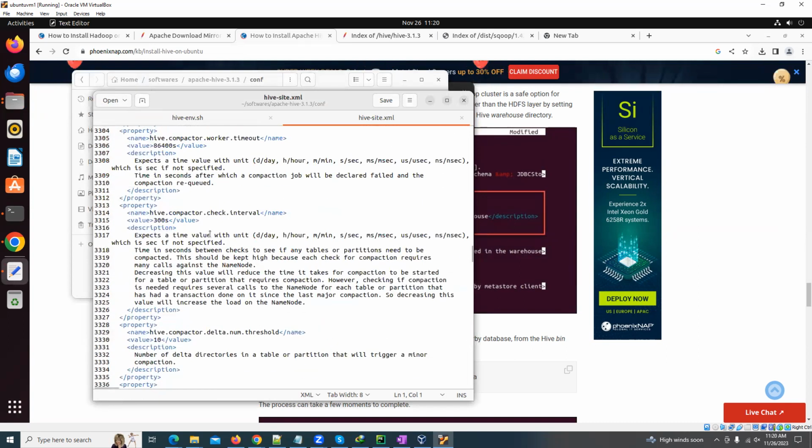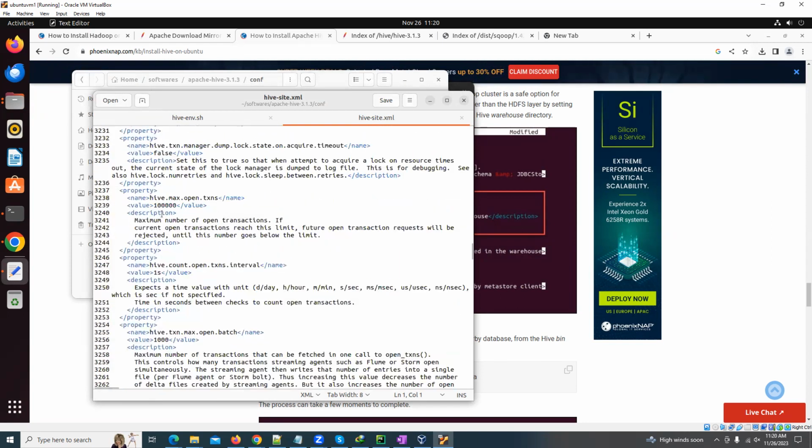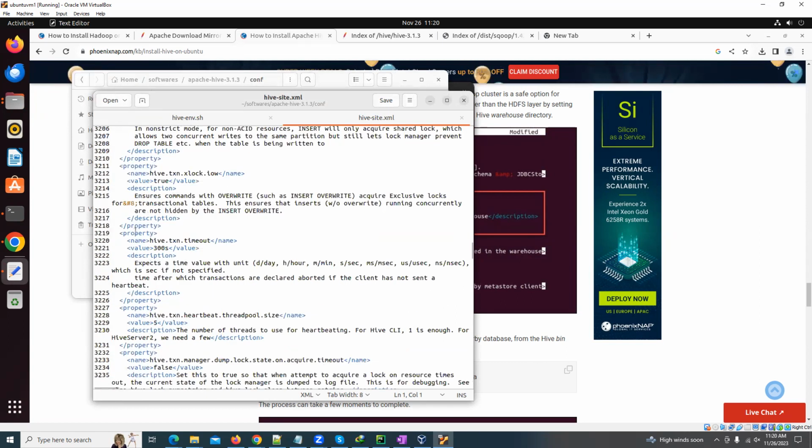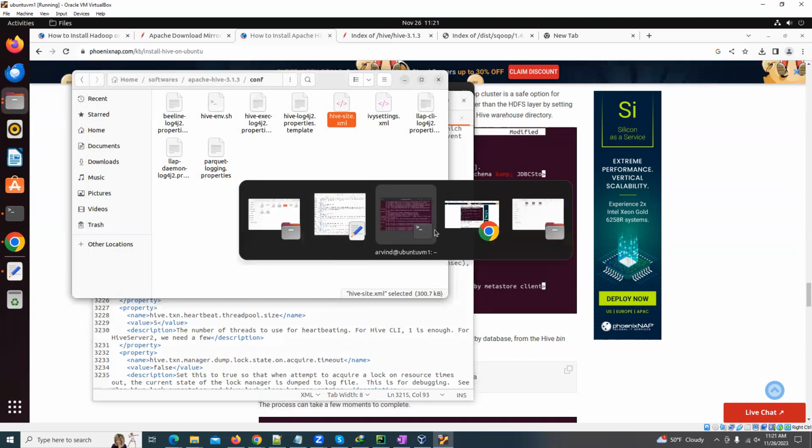So all instructions are given in the error. Just you have to follow that, 3215. This one, this is an illegal character. Just remove this illegal character and save the file. And again, you run the same command